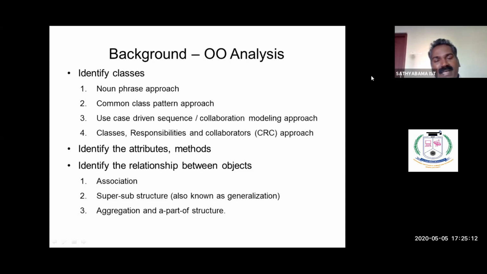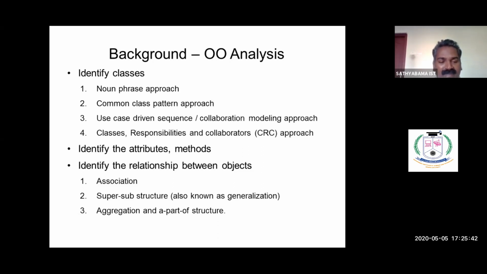Then, in the background object-oriented analysis, we need to identify classes based upon the noun phrase approach, common class pattern approach, use case driven approach, then CRC, class responsibility and collaboration approach. These are all the approaches used to identify classes. If any classes are redundant classes, fuzzy classes, or irrelevant classes, they can be removed. Only the candidate classes can be identified at this stage.